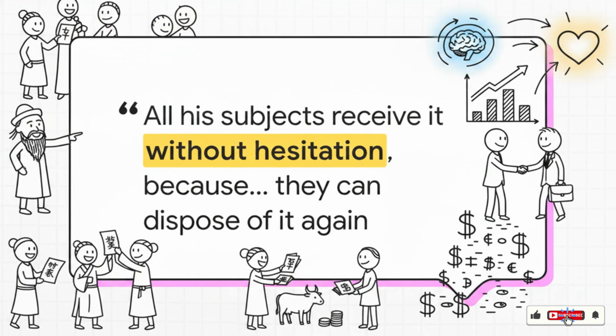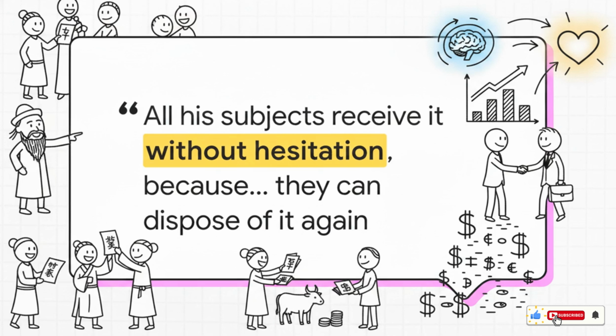So, as paper money became the everyday norm, the central problem of the modern era popped up. How in the world do you maintain public trust when a government can just endlessly print more? Well, the answer lies in an incredible observation made by Marco Polo back in 13th century China. He noticed that people accepted the Grand Khan's paper without hesitation for one simple reason. They knew they could easily trade it for real goods.